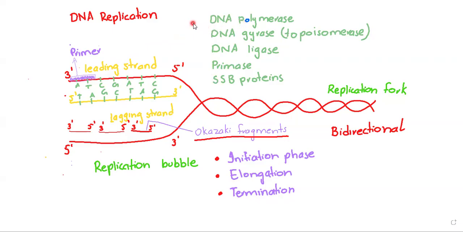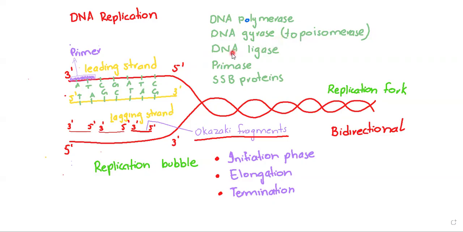Okay, the first enzyme which has a very important role in DNA replication is DNA polymerase. The main function of DNA polymerase is polymerization, meaning the addition of new nucleotides. It brings new nucleotides like adenine, thymine, guanine, cytosine to make the daughter strand of DNA. The next enzyme is DNA gyrase, also called topoisomerase. It helps in unwinding of DNA. It reduces the tension when DNA unwinds to form a new strand.